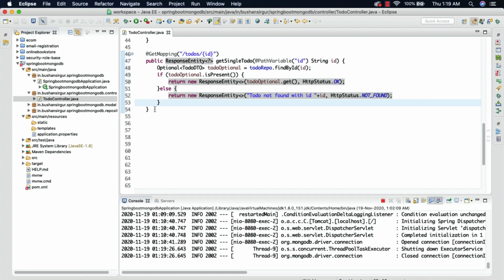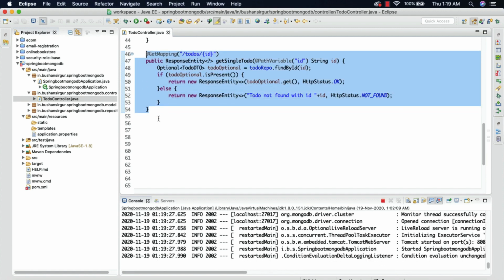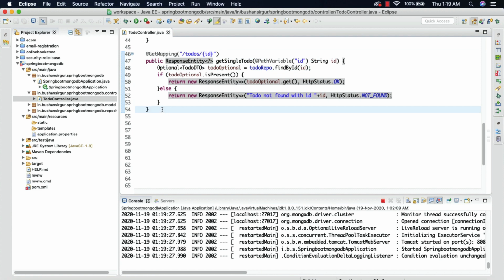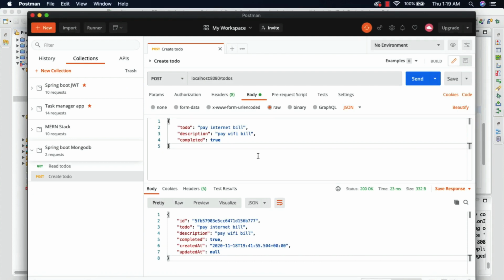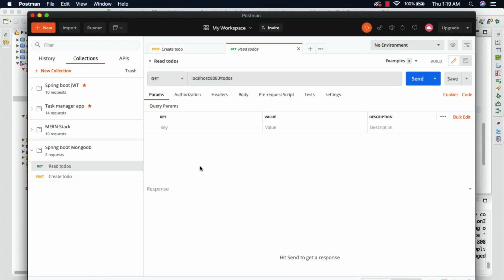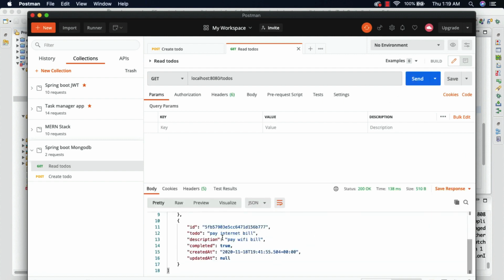So now we have created a REST endpoint to retrieve the single document from the database. All we need to do is test our work. So let's go to the Postman, and first of all I'm going to switch to the read to-dos and click on this send. So now we have these two entries. So let me take the second ID, which is pay Wi-Fi bill or the internet bill.